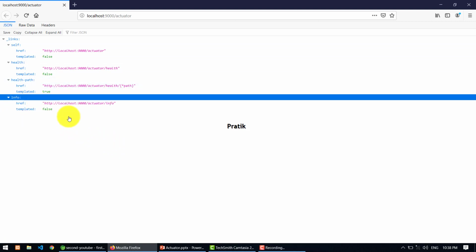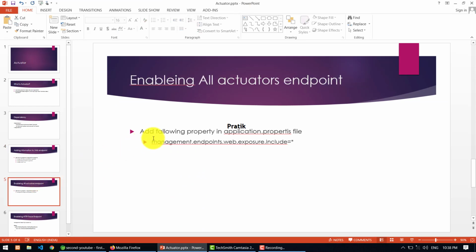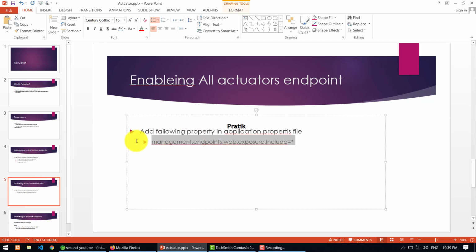For that purpose you need to enable all these endpoints, so you need to add another property. This is the property we need to add whenever we want to enable all endpoints of the actuator: management.endpoints.web.exposure.include=*, which is nothing but enabling all endpoints.